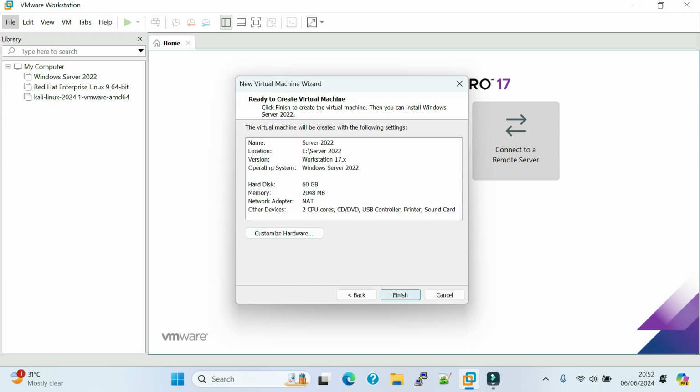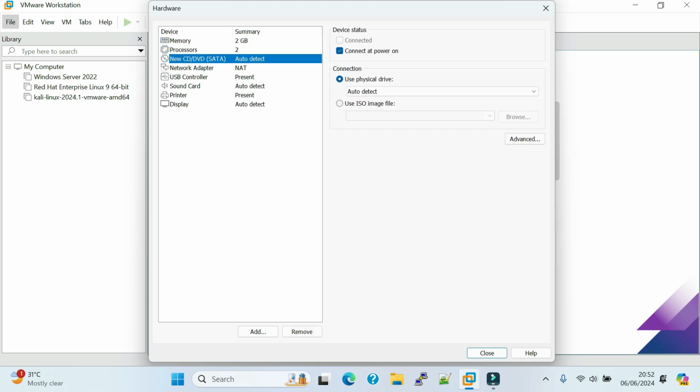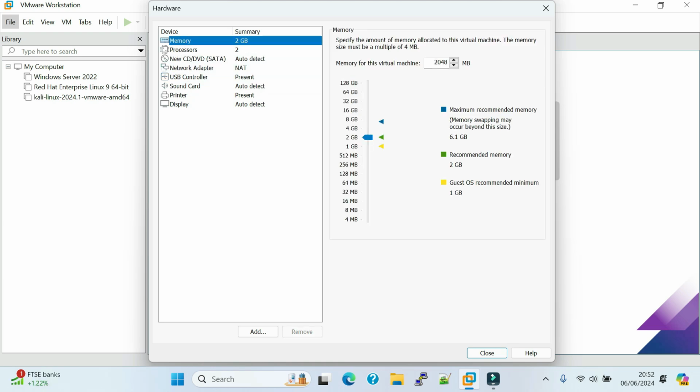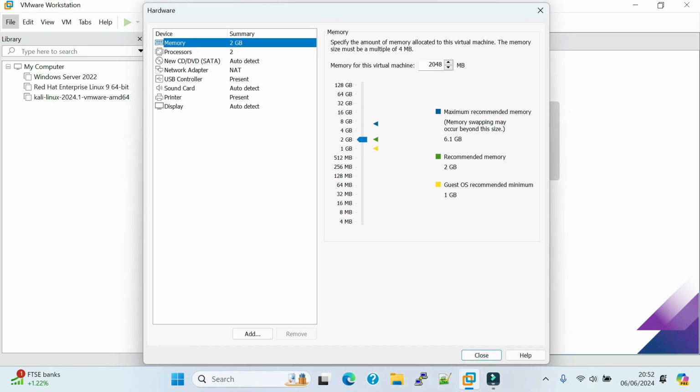Now before I click on finish, I will customize my operating system hardware. So click on customize hardware and then here you can see that by default the memory size, processor and other configurations are set as in this interface, but you can customize them here and select the current storage as you need. But you should remember that